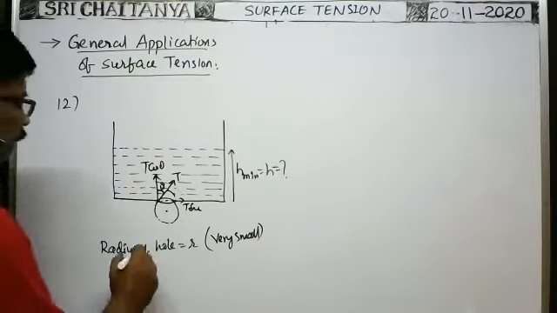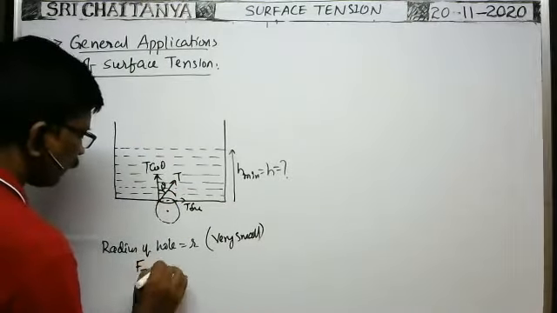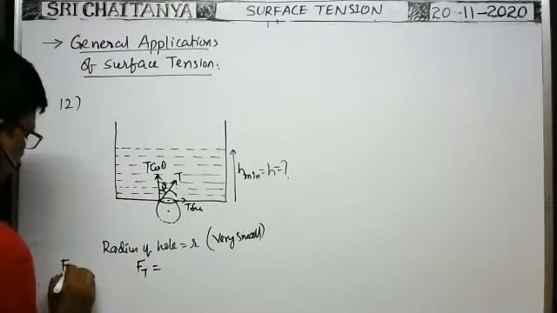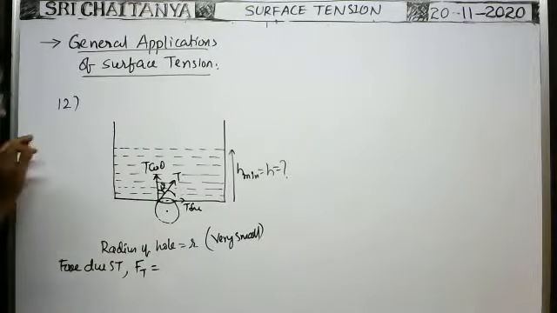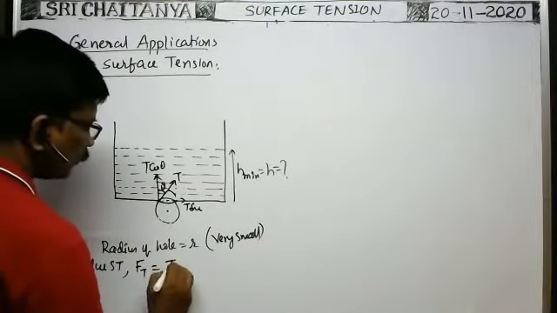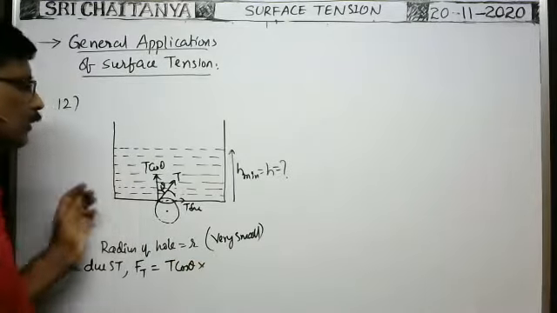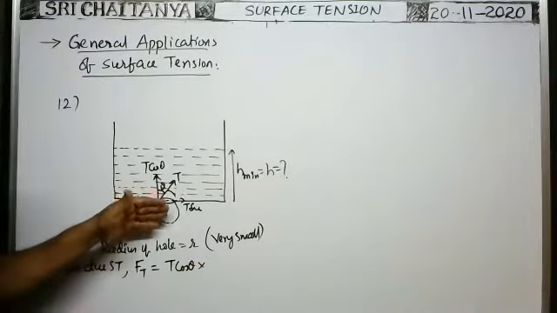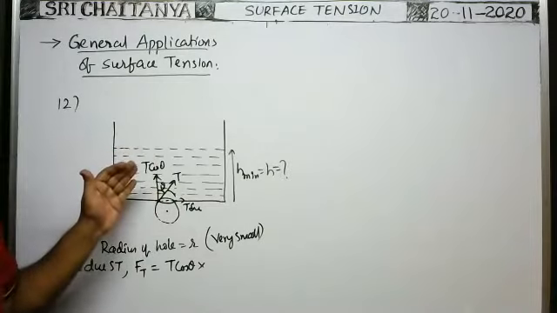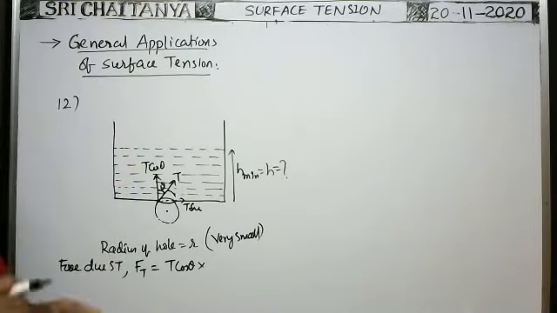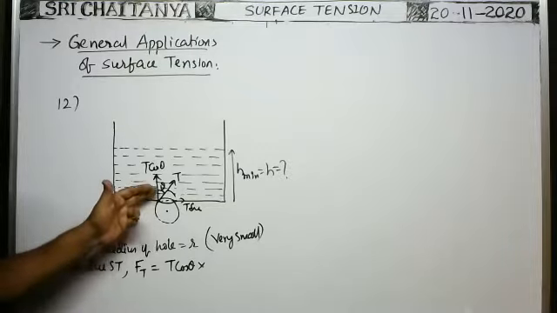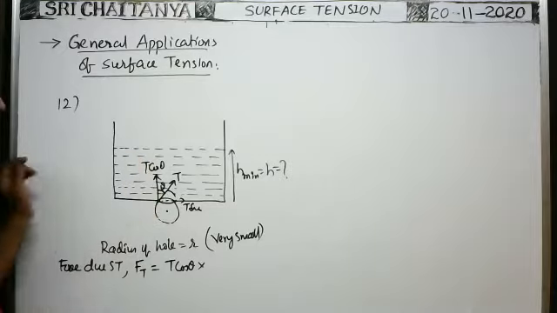So force due to surface tension acts on the liquid drop in upward direction. Force due to ST is equal to T cos theta into. Tell me, the force due to surface tension acting on the liquid drop upwards is what? Force due to surface tension acting on the liquid drop in upward direction is equal to T cos theta into